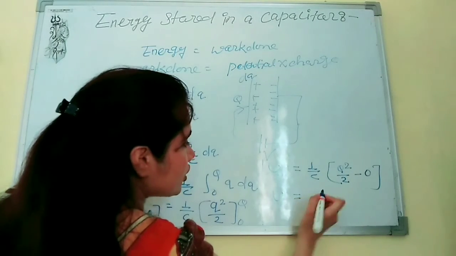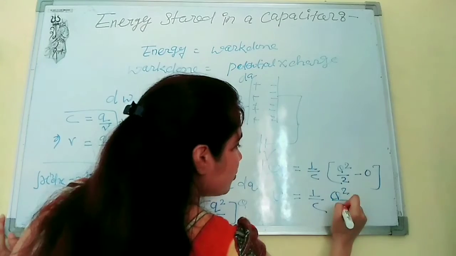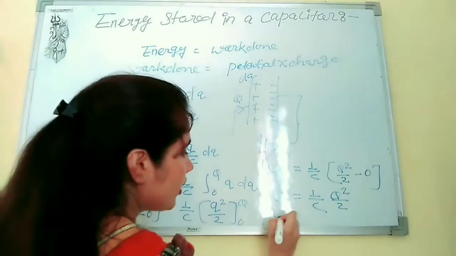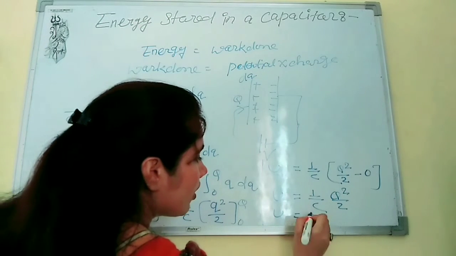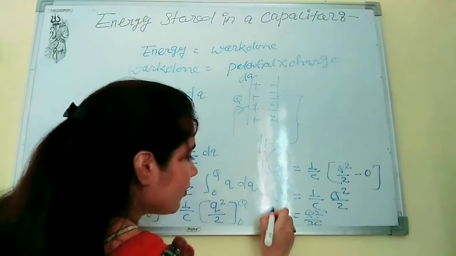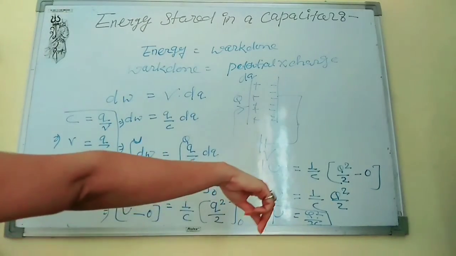So energy stored will become 1 by C times Q square by 2, or you can write it 1 by 2C, Q square by 2C. We can write it in this form,